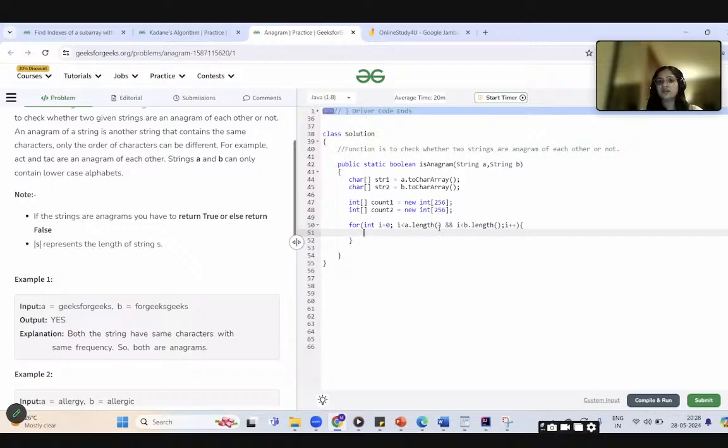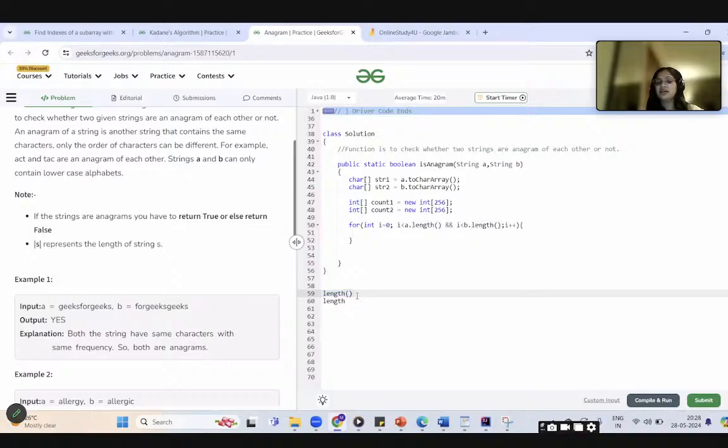Now, you see that length here, in the case of strings I am using it as a length method. So there is a difference between, I'm just covering the basics also, guys, what is the difference between length and length()? In arrays, we use just length, and in strings, we use the length method.